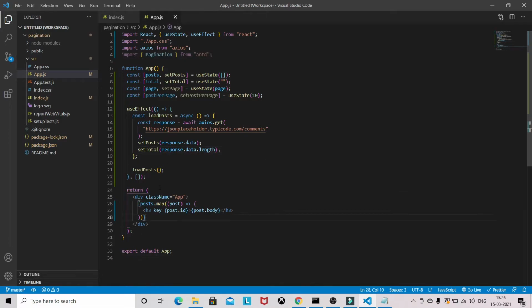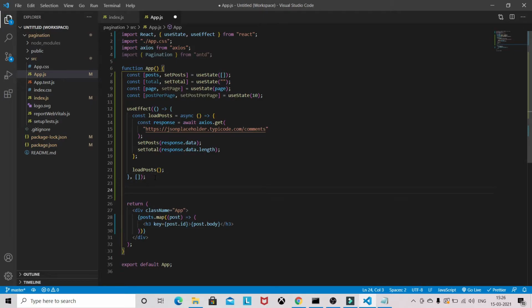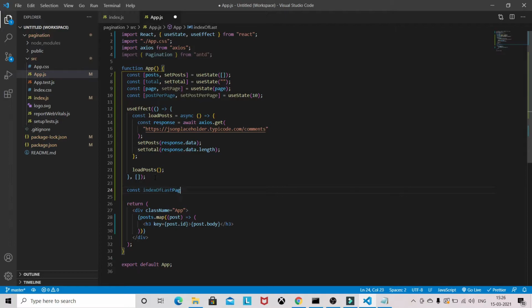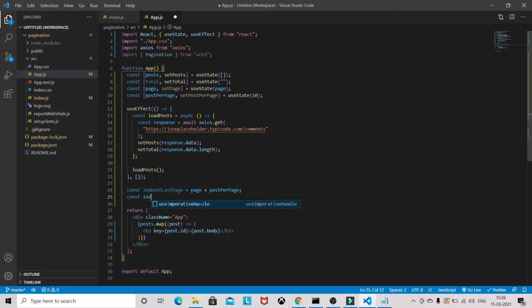Now we need to define some constants: index of last page, index of first page, which is index of last page minus post per page.